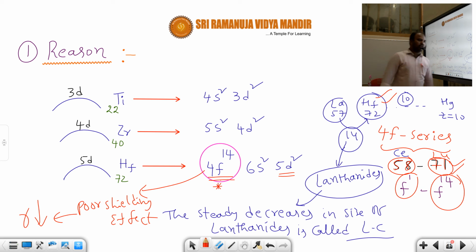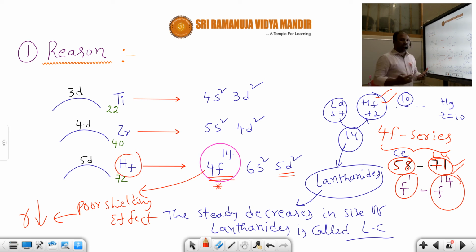Decreases. I had already given brief information in the case of aluminum and gallium. Why does gallium have a smaller size than aluminum? Gallium exhibits poor shielding effect, because in gallium the 3d subshell is completely filled. The d subshell is diffuse in nature, so it has more size and more area. When the area is more, poor shielding effect is there, and the inner electrons do not protect the outermost electron. That's why the outermost electron is strongly attracted by the nucleus, so size decreases.